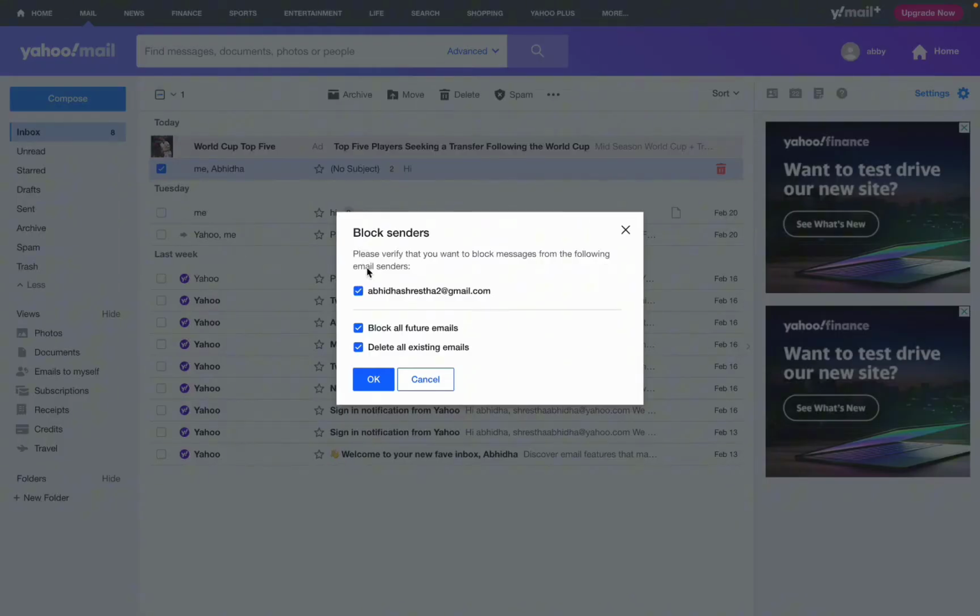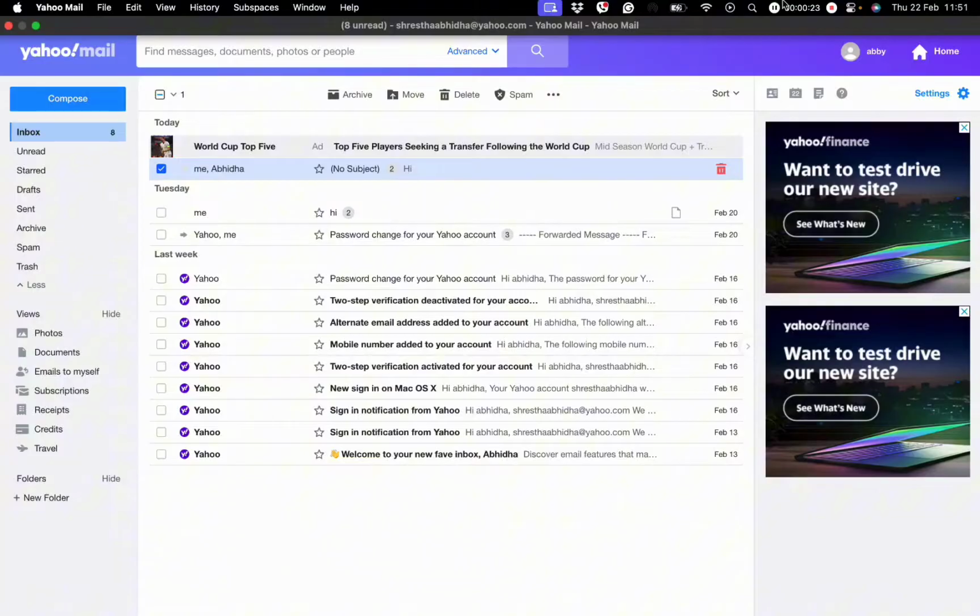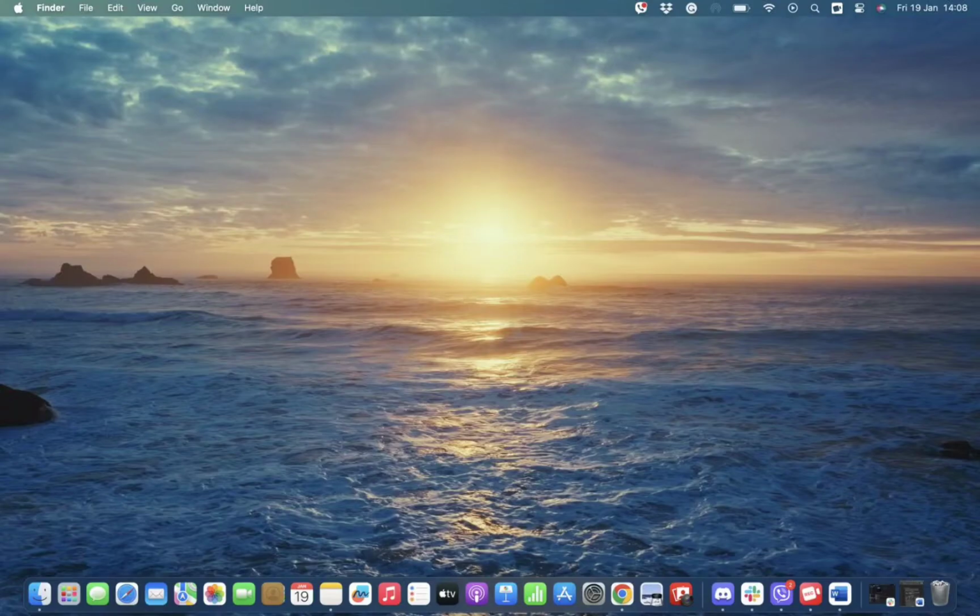So once you hit the block senders, you need to now tap on OK, which will allow you to block the certain sender as well as block all the future email from their account and delete the existing emails that have been sent from that account. Once you tap on OK, the sender will be blocked and you can block other senders as well following these